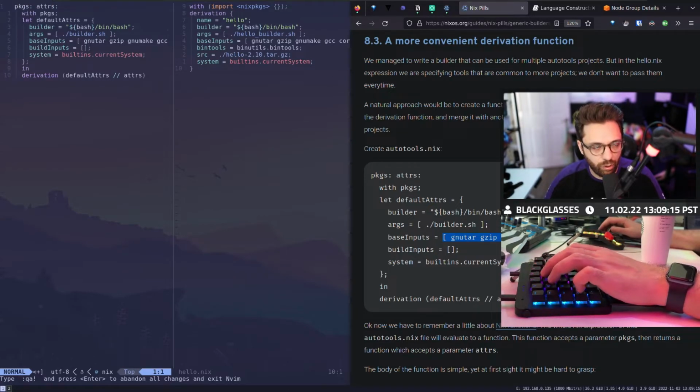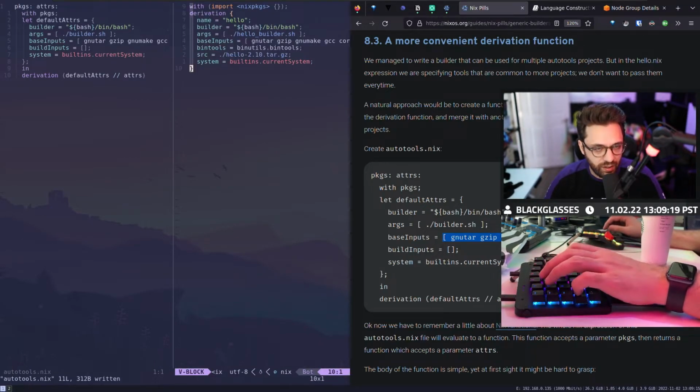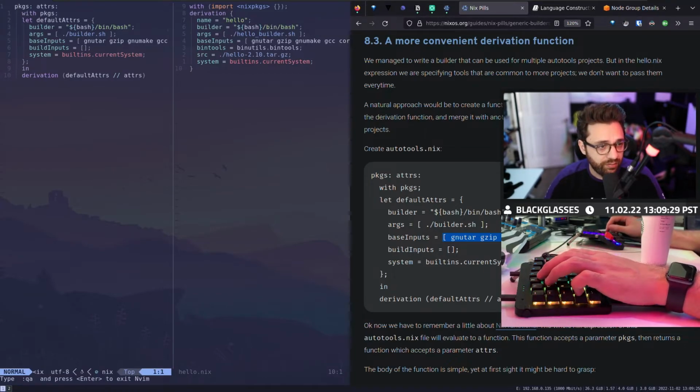So if we do this full circle now, this on the right is just a derivation. We're just returning the actual build configuration itself, meaning that this will return a literal derivation build. On the left, however, we're returning a function that takes on the parameters of packages and attributes.